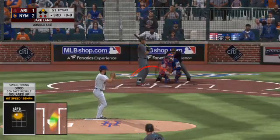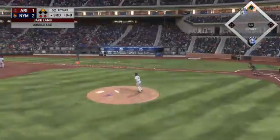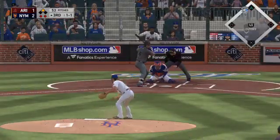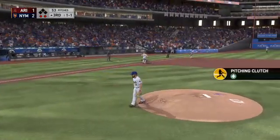Stepping into the box, David Peralta, as he'll look to bring home that tying run from second with a base hit into the outfield. Lamb at second with 2 down. In the dirt, the throw will go to third. The tag's there, and he's out trying to...